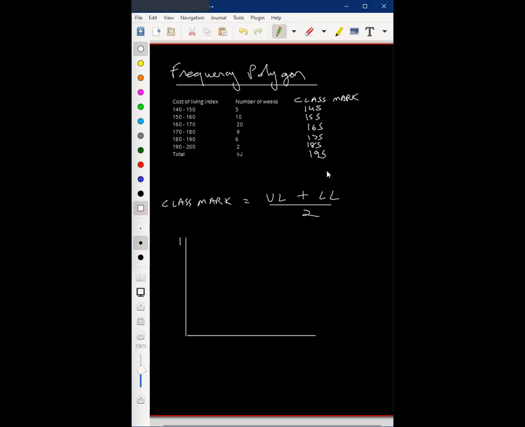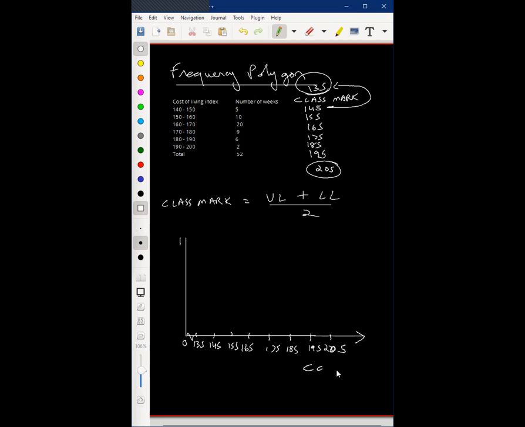What we will now do is, the class mark starts at 145, so we will take one previous to this also, 135. Similarly, we will take 205 also. We will have this kink because it's not starting from 0 to 140. The first class mark is the preceding one. So we'll have 135, 145, 155, 165, 175, 185, 195, 205 is the last one here, right?